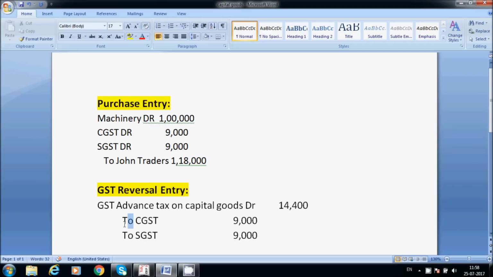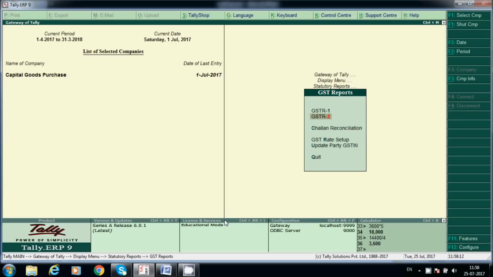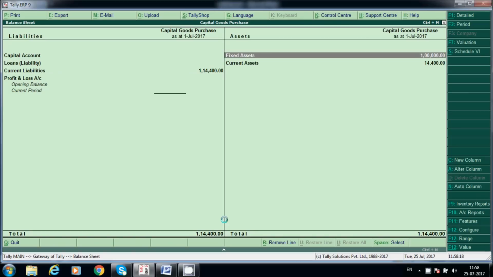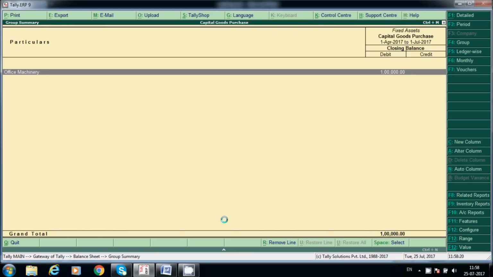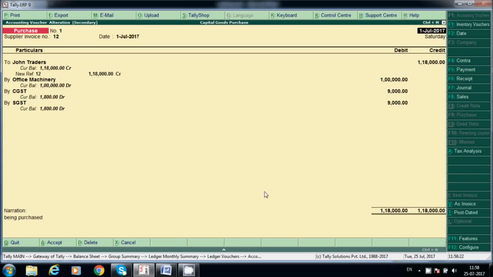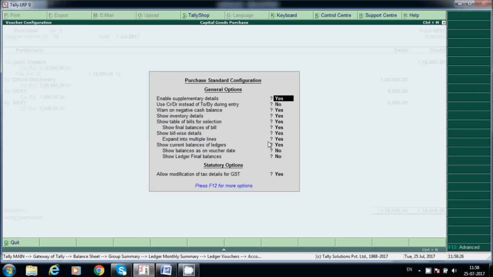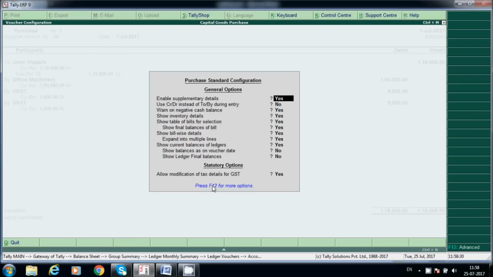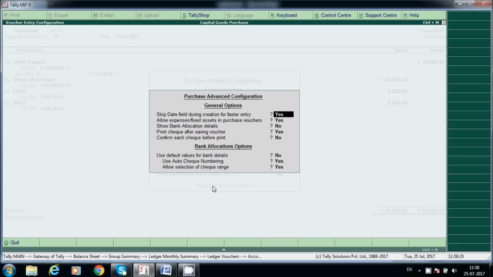While posting this entry for fixed assets, office machinery, go to F12 features, and again F12.